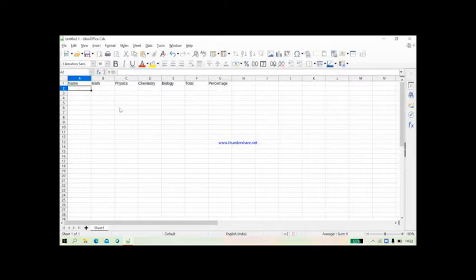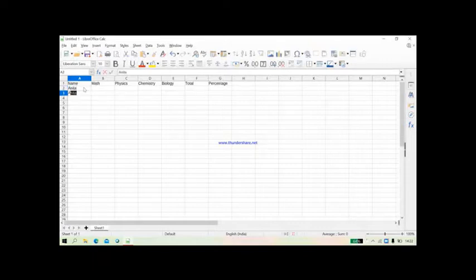So here one by one you will enter, and the marks we are going to enter are out of 25. So marks will be out of 25 and then that you are going to enter. So first we will start with writing the names. So first I will write the name as